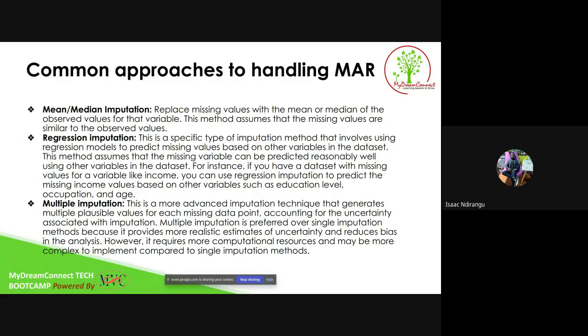So some of the common approaches that we can use when dealing with missing at random values, you can use mean or median imputation. I will look more into that, how we do it. We can also use regression imputation. We'll also look at that later. But just in brief,